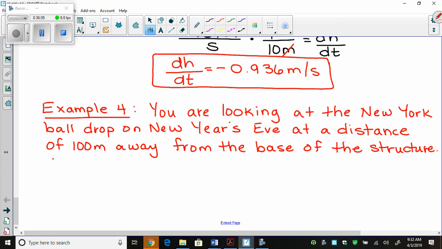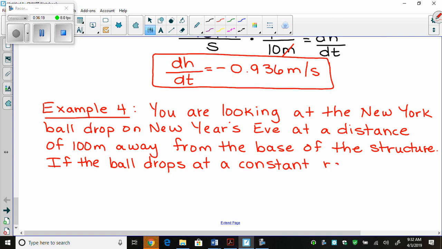If the ball drops at a constant rate of 2 meters per second,